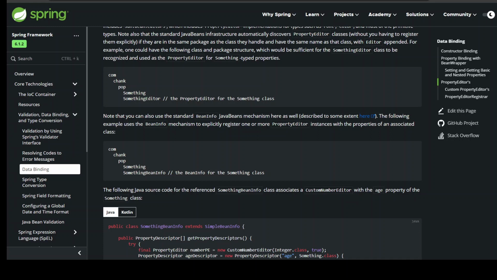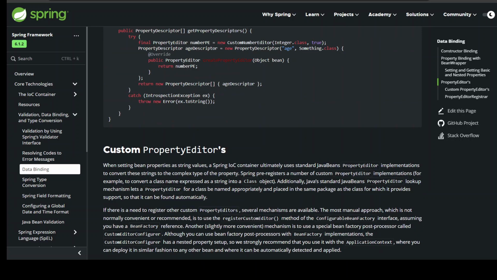When setting bean properties as string values, a Spring IoC container ultimately uses standard JavaBeans property editor implementations to convert these strings to the complex type of the property. Spring pre-registers a number of custom property editor implementations, for example, to convert a class name expressed as a string into a class object. Additionally, Java's standard JavaBeans property editor lookup mechanism lets a property editor for a class